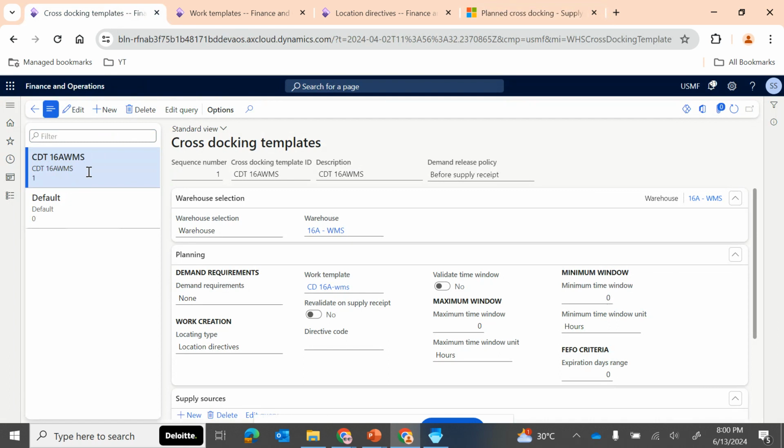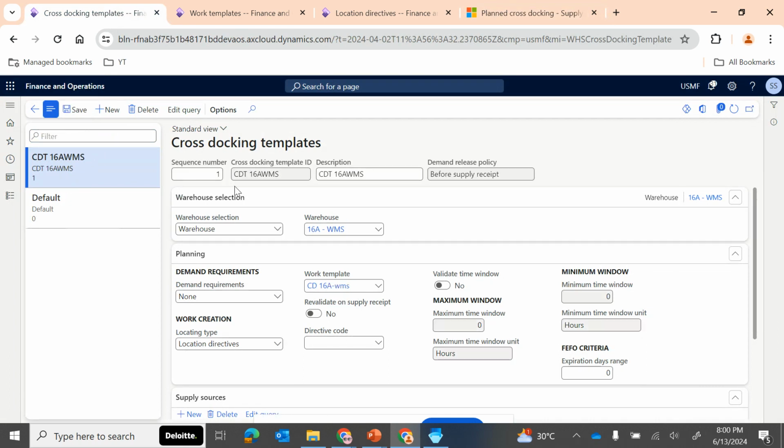So here, if you are watching this episode right from the beginning, you already know that this is the warehouse which we were using for performing all our work and location directive and all the other load creations. This is the warehouse which we were using. So I'm just using the same values for our configuration purpose, right? So first of all, if you want to create a new